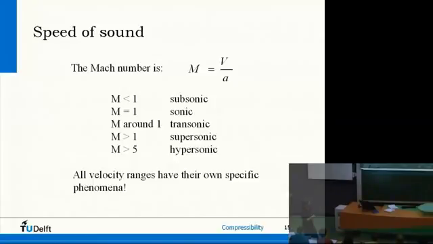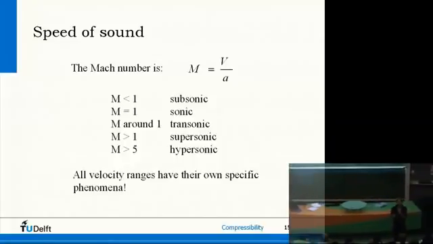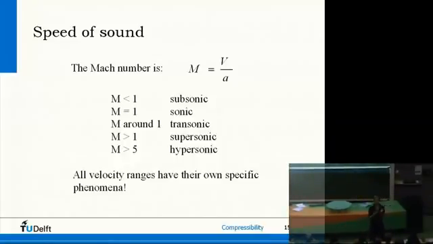So this is the range, and of course you can have portions. In transonic flow you have portions of subsonic flow and portions of supersonic flow. If flow is sped up, it typically goes isentropically, so it expands without any shocks. So you can go from subsonic to transonic, sonic, supersonic. But if your flow then has to decelerate again from supersonic to subsonic, the way that works is with a